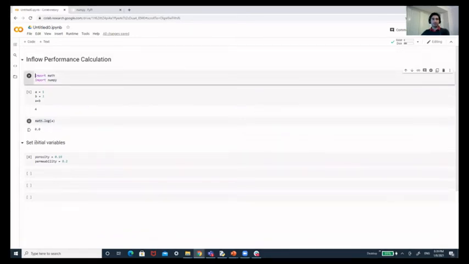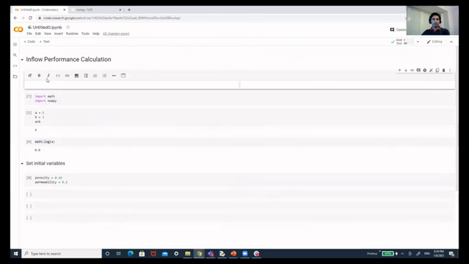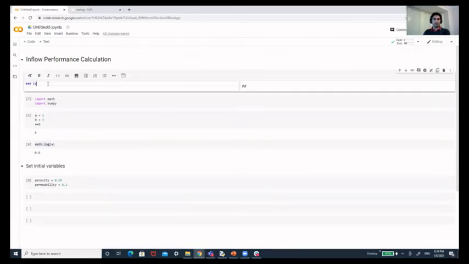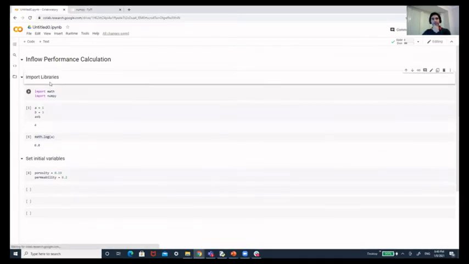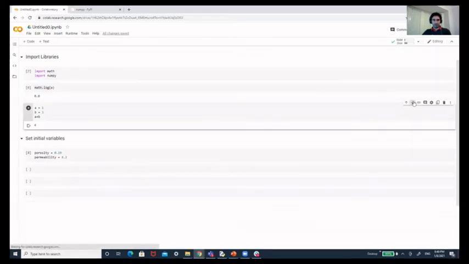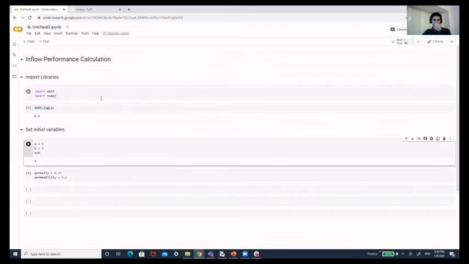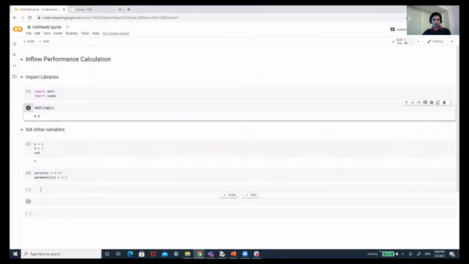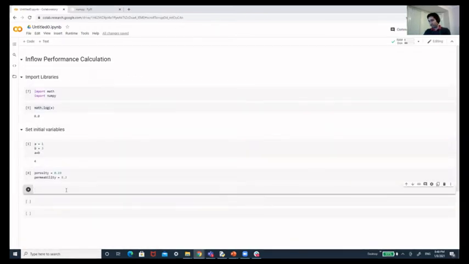So for an inflow performance calculation, I'm going to set my variables here. First of all, I'm going to import libraries here. I'm setting up my libraries here because this is setting up some variables, so I'm going to move it here.